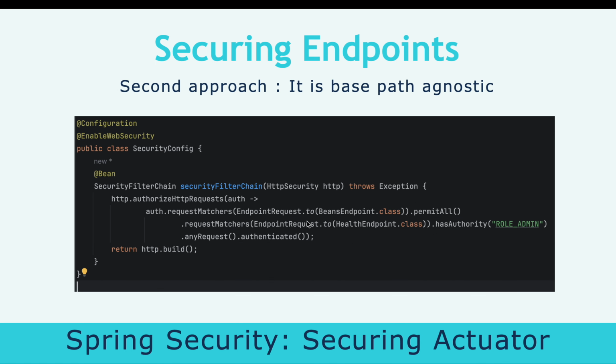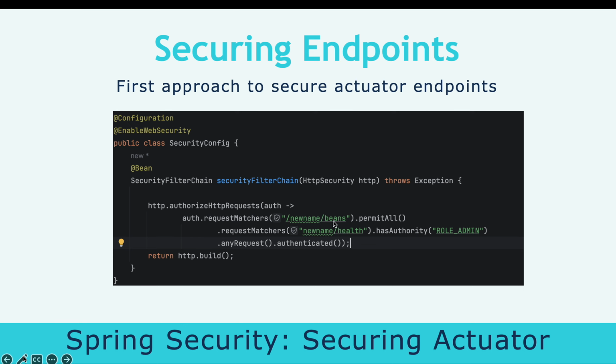So the second approach is to use the EndpointRequest class to get that particular beans endpoint. In this case, our application is now agnostic of the path. If you change that base path, it won't affect you anymore. And also, the first approach is prone to errors because